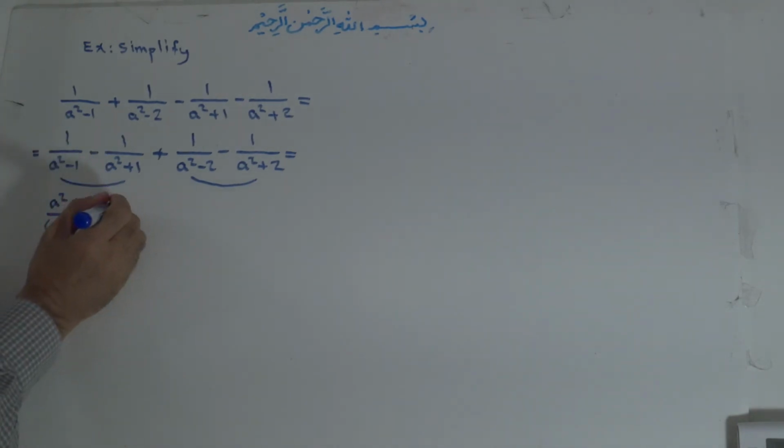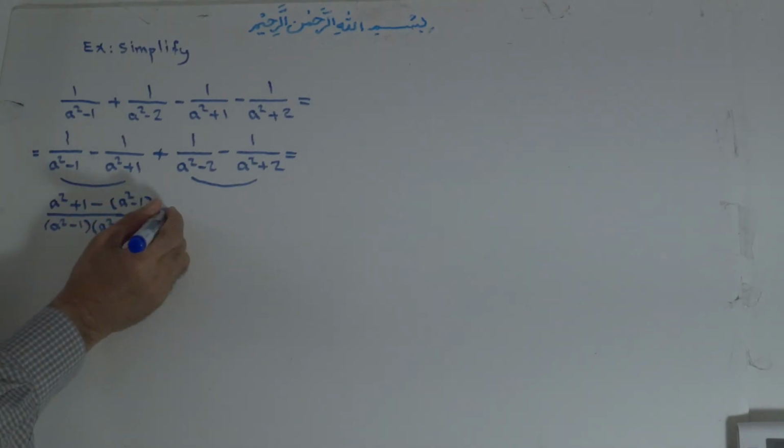The common denominator divided by the first denominator, a to the power of 2 minus 1, the result will be a to the power of 2 plus 1 times 1 is a to the power of 2 plus 1, minus this one divided by a to the power of 2 plus 1, the result is a to the power of 2 minus 1 times 1 is a to the power of 2 minus 1,